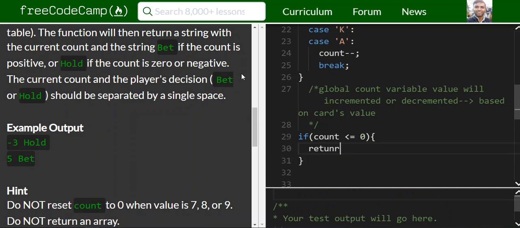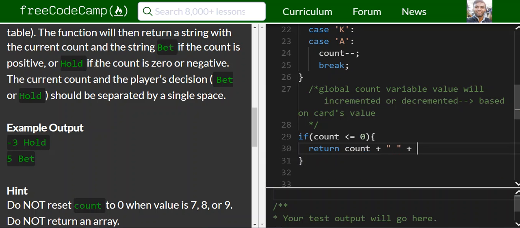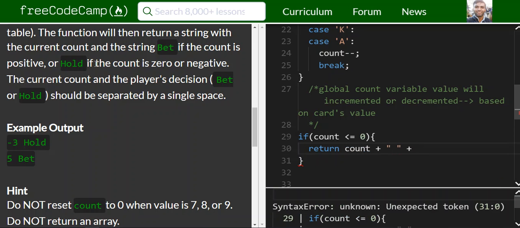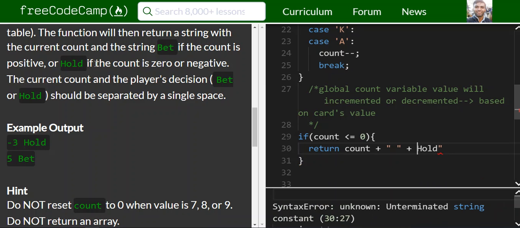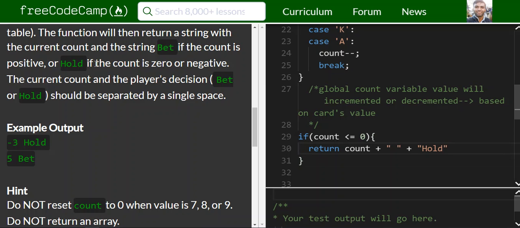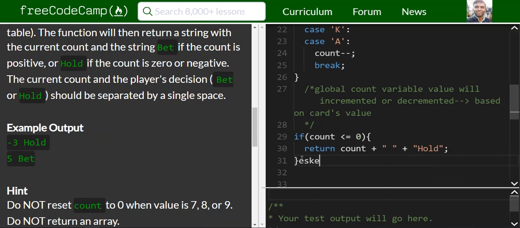Then we return count and a space. If it's negative, we return hold, in quotes, or else